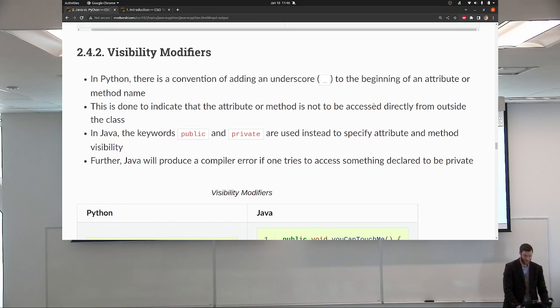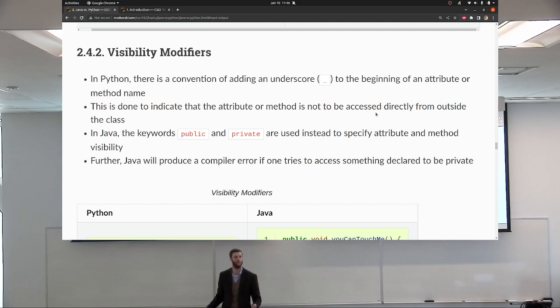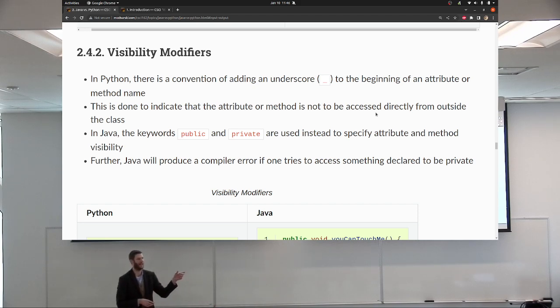Okay, visibility modifiers. I'm only going to scratch the surface of this. The blanks will be filled in as we go in the course, pretty quickly, I think. So in Python, we have this convention. If anything started with an underscore, it meant you're not supposed to use this outside this class. Underscore preceding a variable means this variable exists inside this class, but you're not supposed